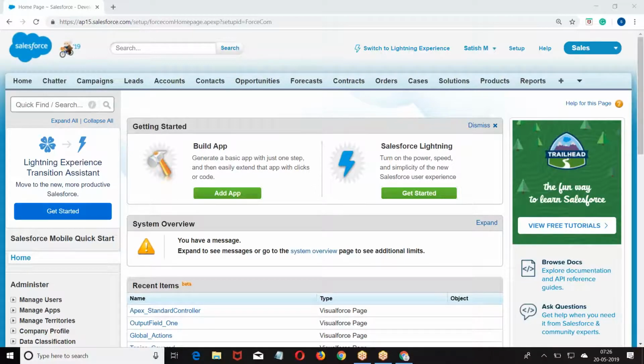Okay. Now we will see how to display a list of records. Now we get into the next story. Till now, whatever we are doing, we are referring to a particular record. We are trying to show it in the input mode, edit mode, or display mode. Now, if you have a group of records in the object, how do you fetch those group of records? How do you display it? Now, in the account, I have 1000 records. How do you fetch those records and display them?